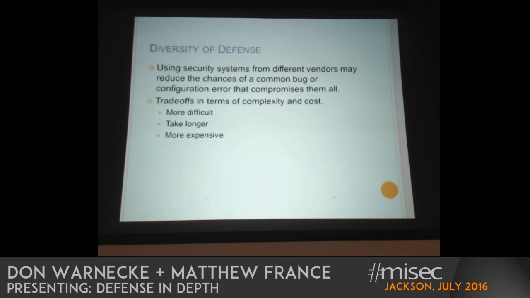Diversity of defense is actually a different topic and a different concept. The reason that there's a lot of crossover is because of the first example that I gave, where I talked about multiple vendors. But the reason that's defense in depth is because the signature base is different. While it's a very similar control, they actually catch different things, and therefore it's defense in depth. Diversity of defense as a concept is the idea of